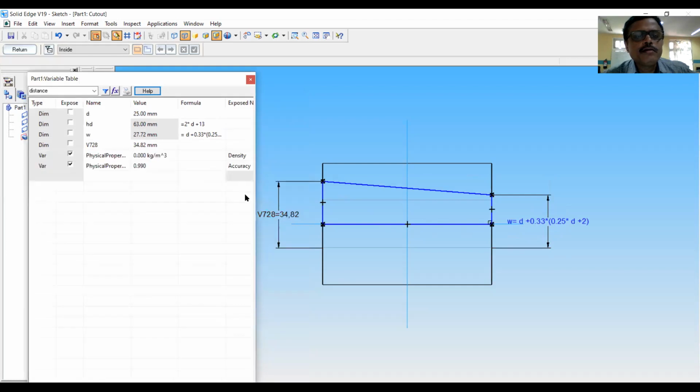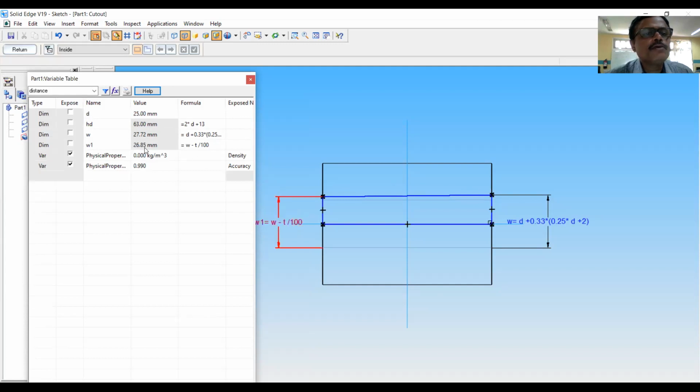Similarly, for this, the equation is, I will write this time as variable W1, and this will be equal to W minus T, which we entered earlier, this is T, divided by 100.